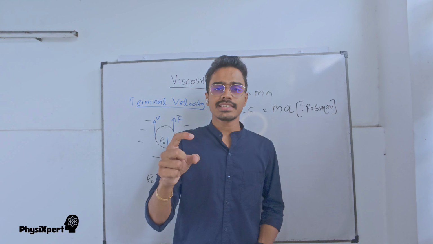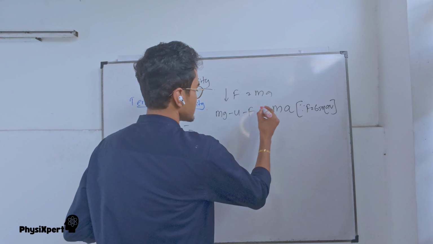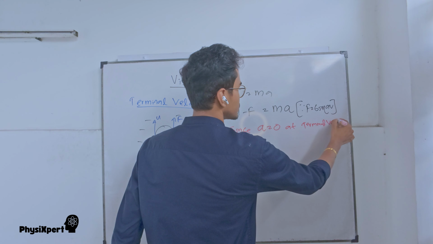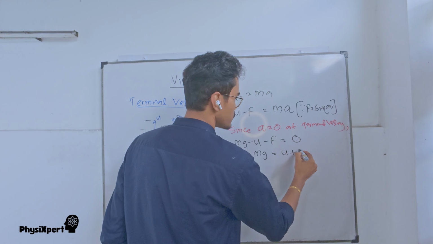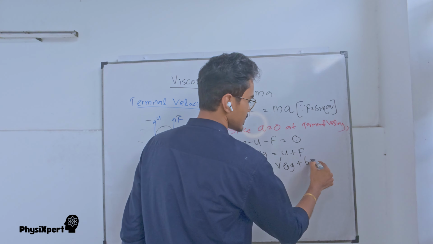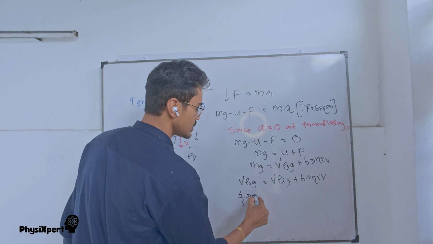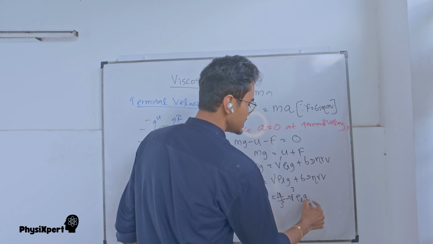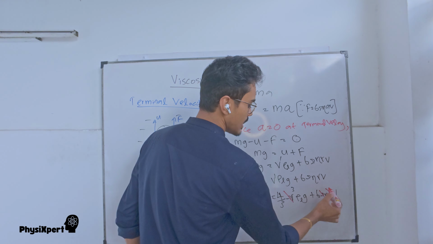Now my argument is that since terminal velocity is a uniform velocity, acceleration at that velocity is zero. So make acceleration zero in this equation and simplify. Since a equals zero at terminal velocity, mg minus U minus F equals zero, which means mg equals U plus F. Simplify these terms: mg equals U, which is V' rho liquid g, plus 6 pi eta r v. And the volume of a sphere is 4/3 pi r cubed. So 4/3 pi r cubed rho object g equals 4/3 pi r cubed rho liquid g plus 6 pi eta r v. Cancel pi throughout, and one r cancels, r squared remains,